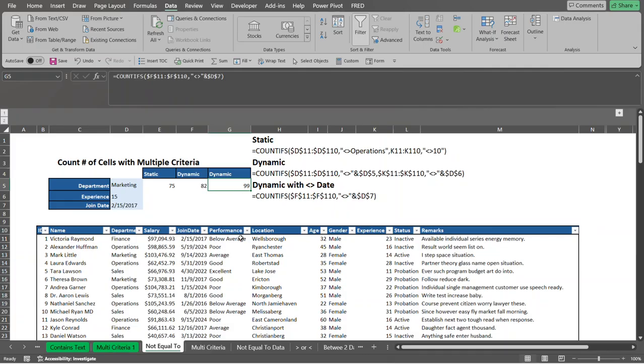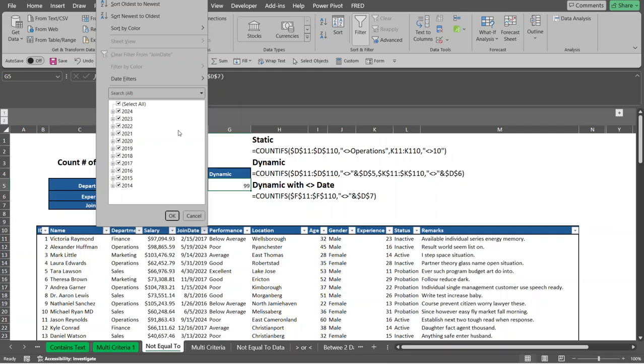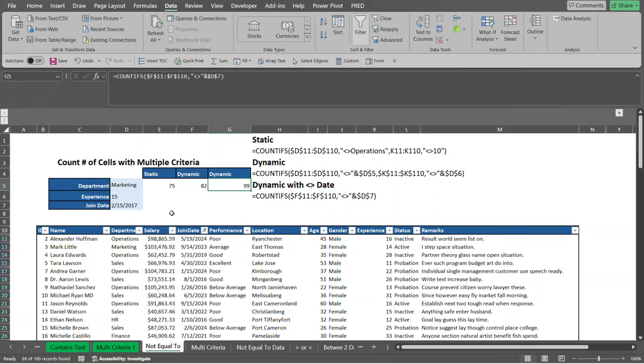Okay, let's figure this out with the filtering. So let's go over to the date field, and we want to select everything not equal to that February date. So it was 2017, and we don't want to include anything less than what was that value. But in this case, as you can see, there's only dates in here that are February or forward for that year. So basically, we want to exclude everything in the year 2017. Let's click OK. And what happens is, let's Control Shift down arrow,